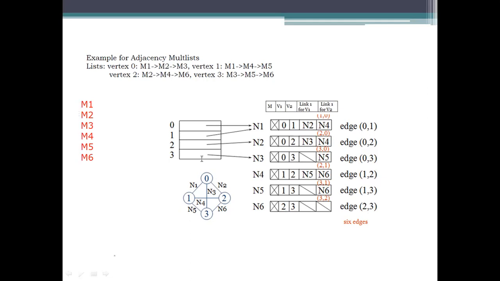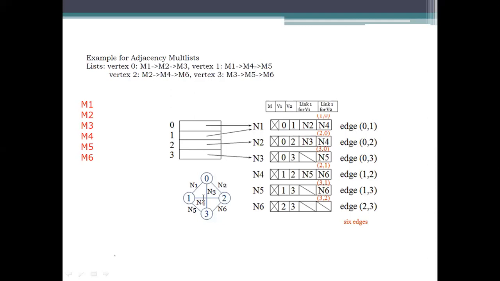So 0 is having the connection for 1, 2, 3. Means edges 1, 2, 3 here. So we are specifying the vertex 0 is having multi-list 1, multi-list 2 and multi-list 3. And this is an enhanced version. In the previous version, we won't have the information about the accessing one. So in the multi-list, we are getting the data of these nodes.